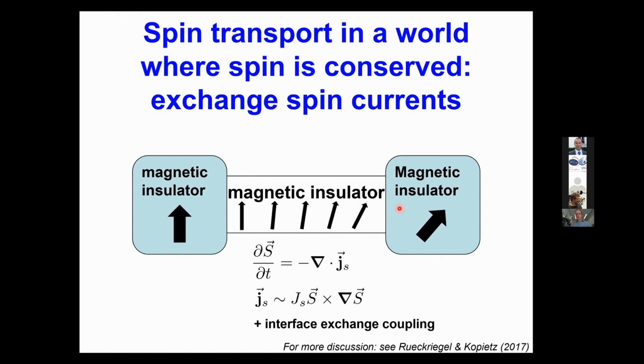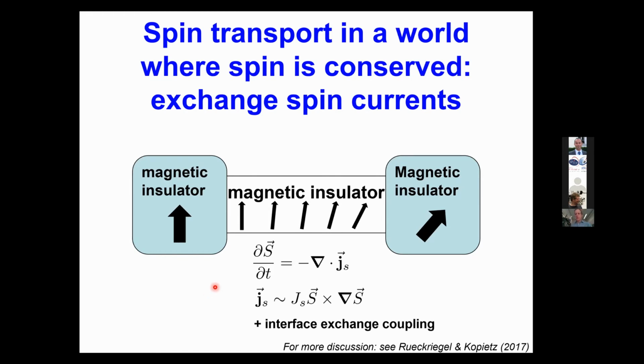Now you may wonder, is this a real spin current? Should I really discuss this spin current on the same footing as the previous electronic spin current? These are all very valid concerns. I'm not going to discuss them in detail here. I think there's a nice paper that discusses these various aspects and differences between such exchange spin currents and electronic spin currents. I do want to point out, using this example, one crucial difference between charge and spin current. It doesn't play a big role in my talk, but it is an important difference between spin currents and charge currents